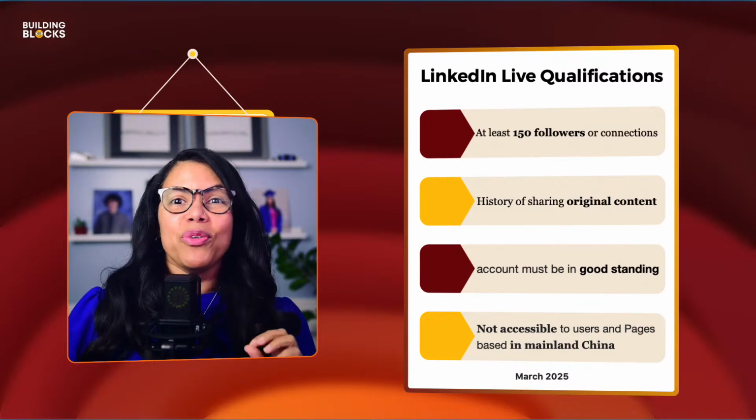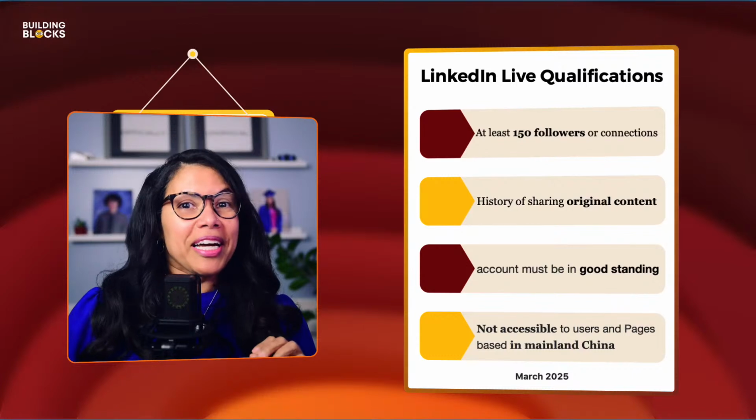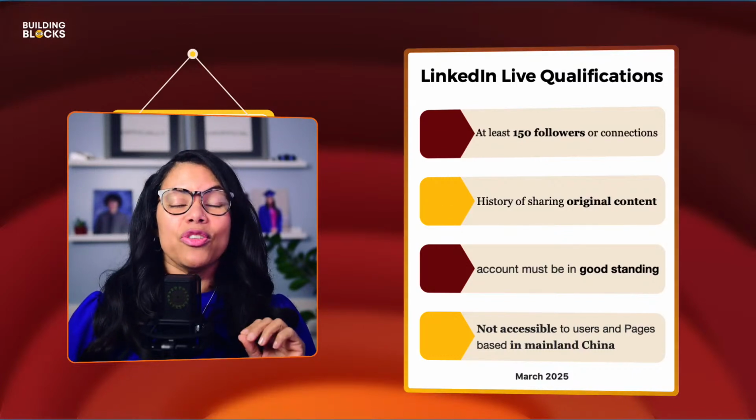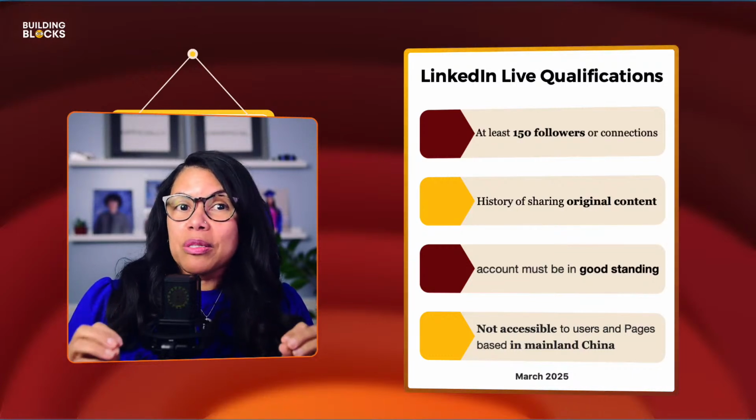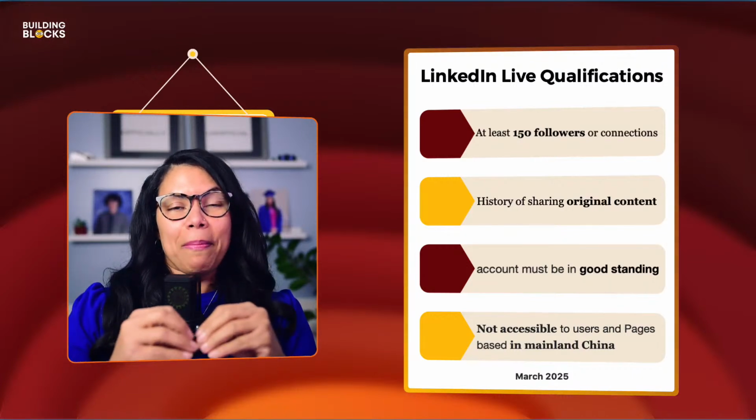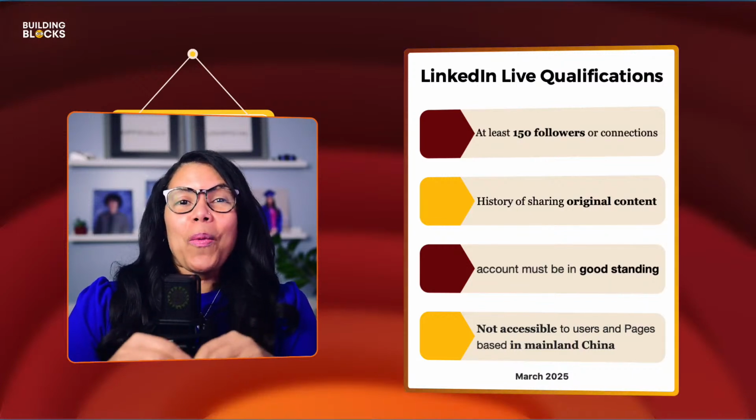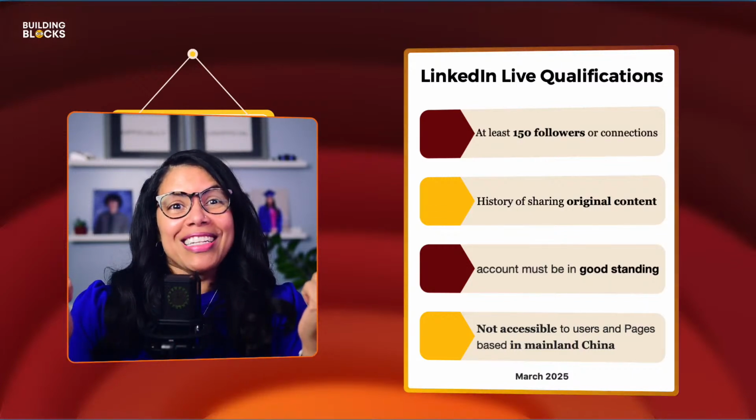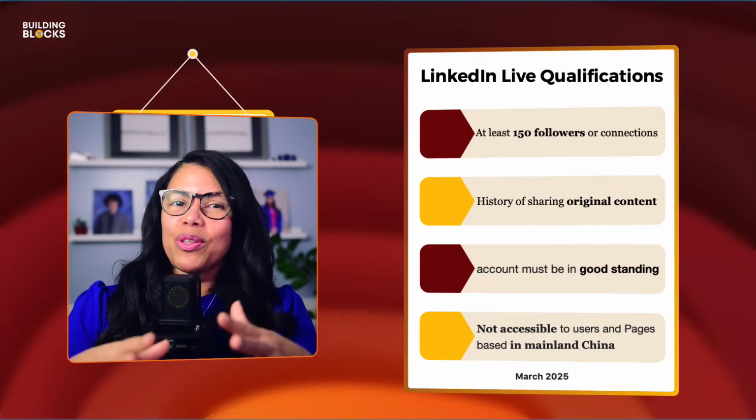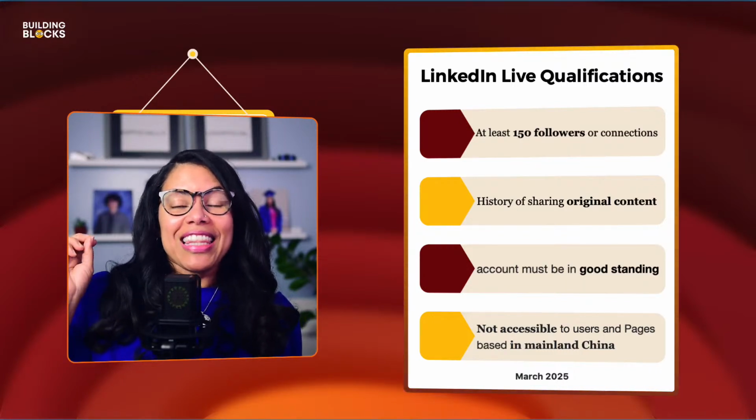The next thing is that your account has to be in good standing, which means you are following LinkedIn's policies and commenting with respect, all of that. LinkedIn wants to keep its members safe and also keep them on the platform. So if someone is causing issues where their followers are leaving the platform because of it, LinkedIn is going to look into you and say, I don't want you on the platform. I'm pretty sure all of you should be in good standing. And the last one is